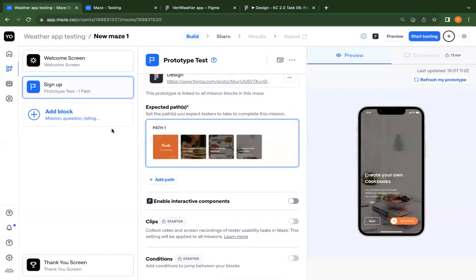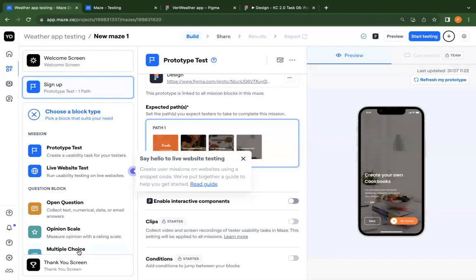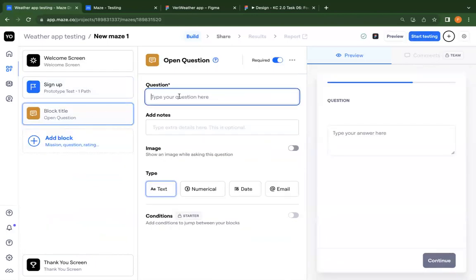So let's finish with part one. We have this part already set. The next thing we'll do is add a block. Under add a block, we get to give them a question, any question that you decide to do, whether open question, multiple choice, and all of that. I prefer open question. So I would ask them